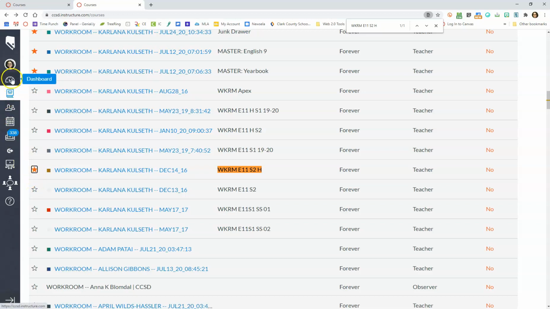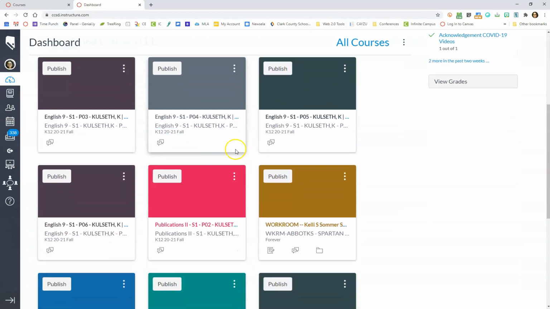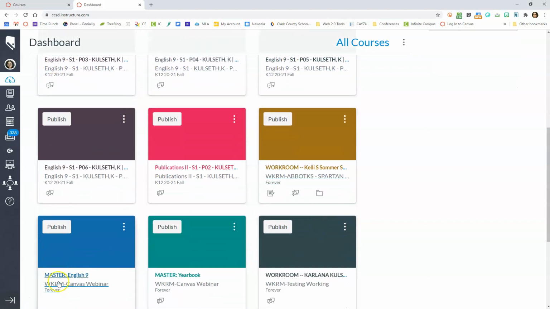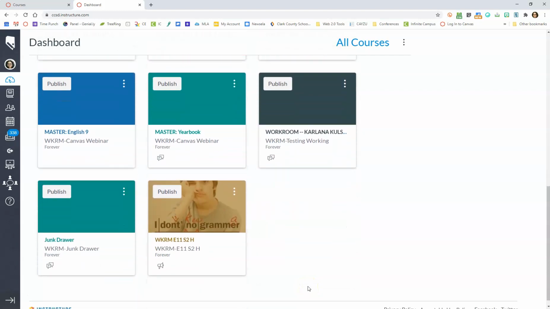Let's go ahead and go into my dashboard and look now for the workroom that has been renamed. As you can see, I have some courses here that are live course shells or workrooms that have these specific titles that are out of place of what we would like when we name our workrooms. However, down at the bottom here, where I just starred my workroom that I renamed, you'll notice that it is